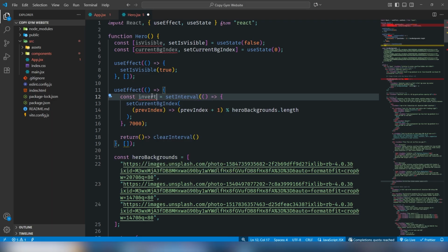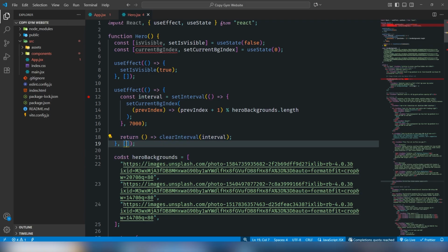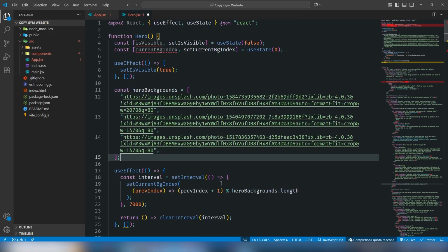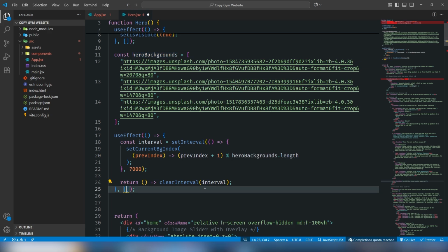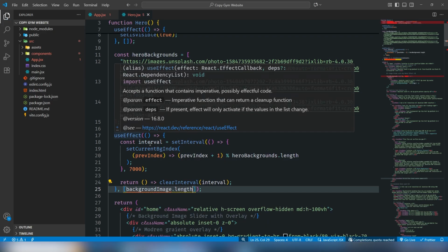Okay, this will be interval, and just use interval. Okay, and also I'm going to cut this one and paste there because I used the hero background. Okay, the last and final thing I need to add, heroBackground.length will be changed, this effect will be executed. So I'm going to save the file, and